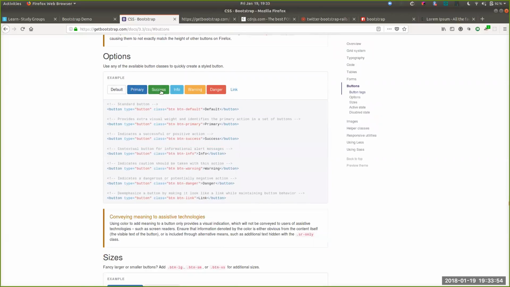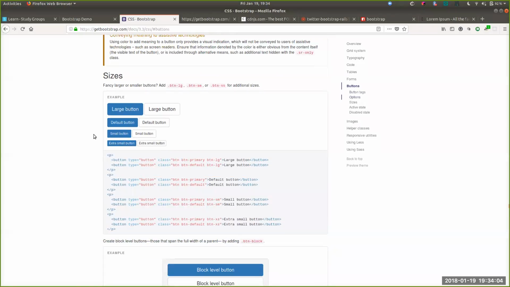There's these main colors. There's red, orange, light blue, green, dark blue, white, and then without. There's sizes. They're all just adding on classes. So you make a button type, or you make a link with the class of this button type,